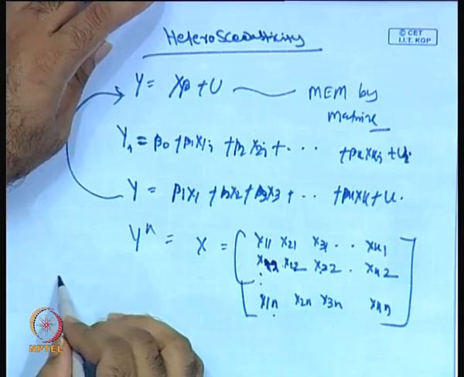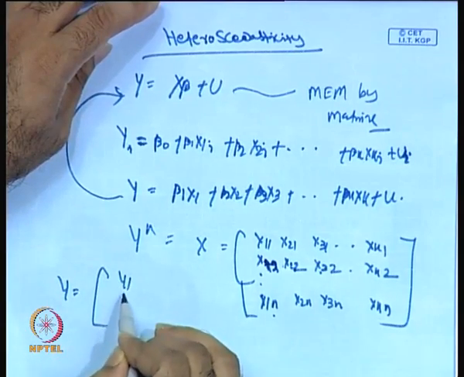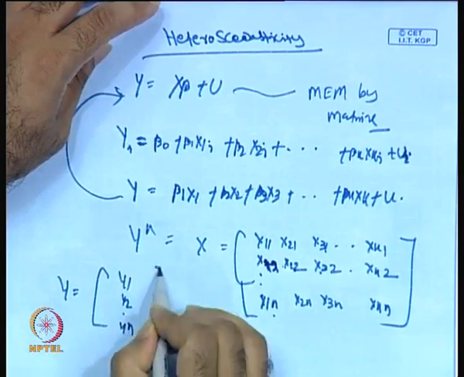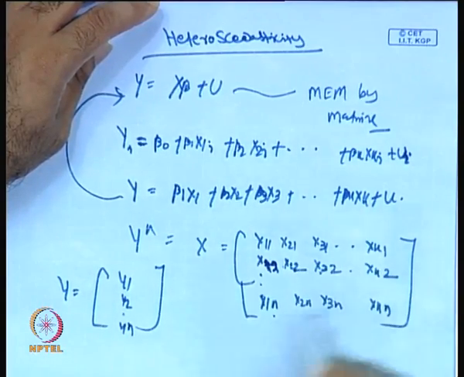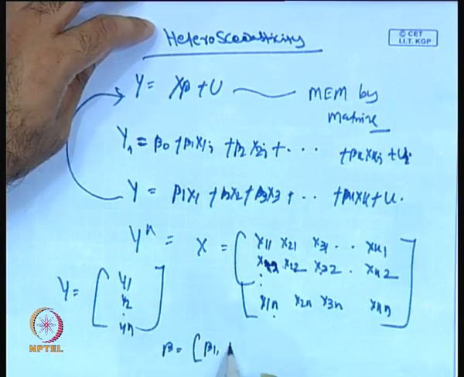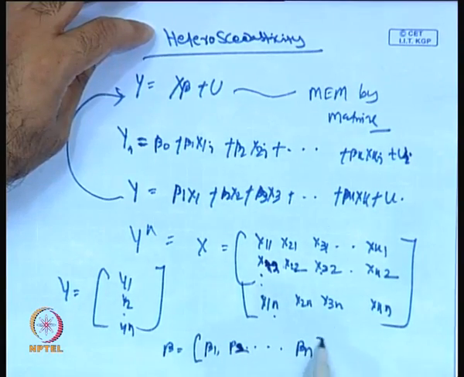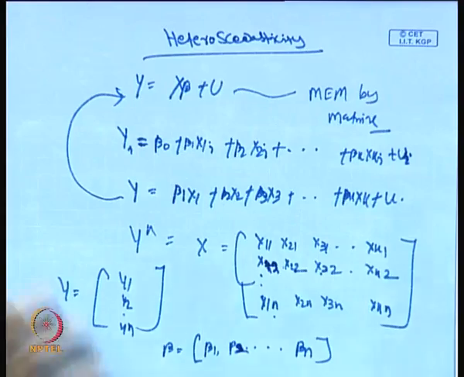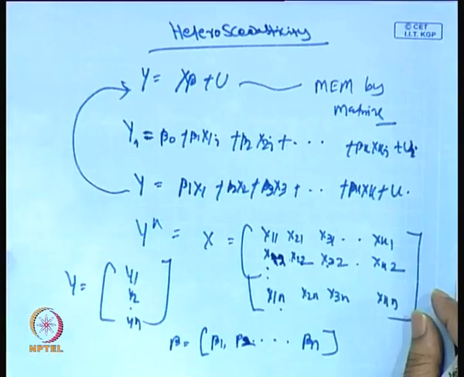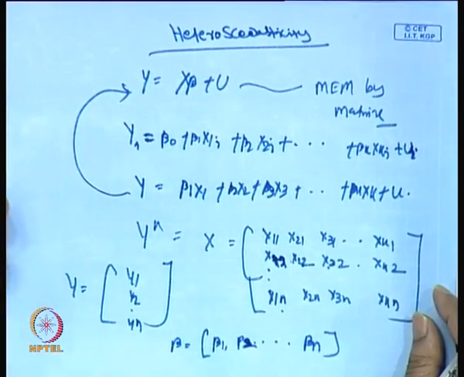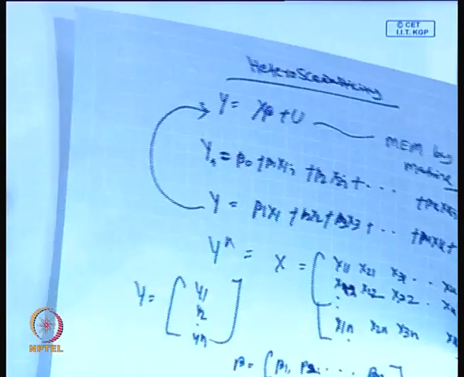Y is like this: y1, y2 up to yn, and beta is beta 1, beta 2, beta 3, up to beta k, in column format. Similarly, you can create u1 up to un. So this is the basic framework of econometric modeling for the multivariate model by the matrix approach. Now I will highlight a little bit